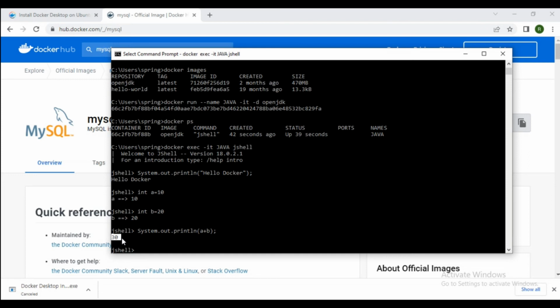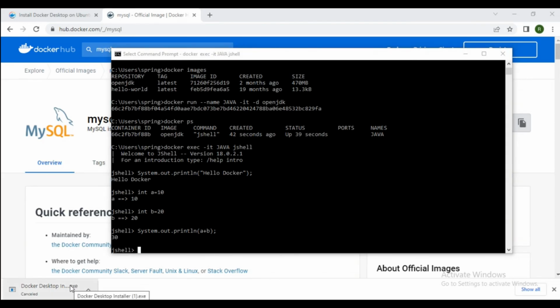So we can do any program inside this container, as we first pulled the OpenJDK image from Docker Hub. After that we run that image, and after running, the image goes inside the container. After that we can run this container and do any program which is available in Java.